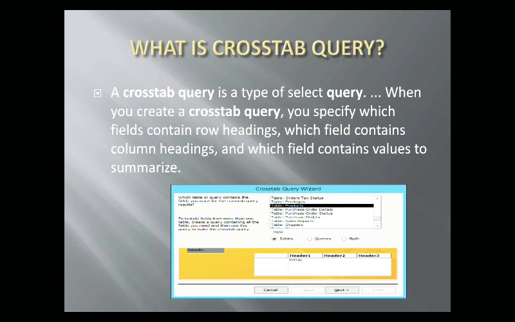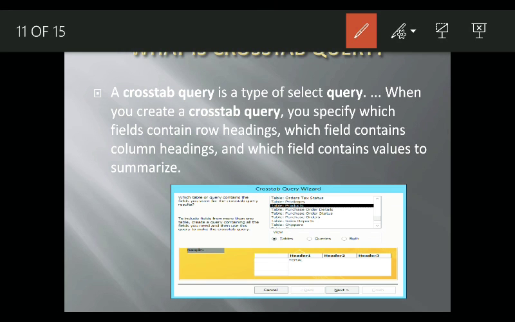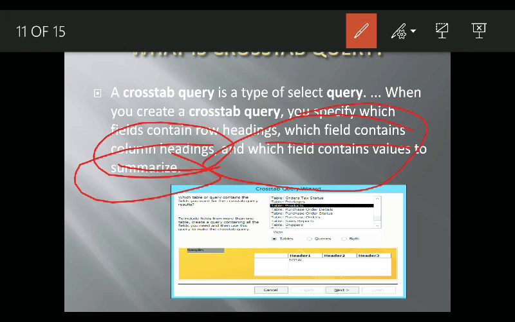What is a crosstab query? A crosstab query is a type of select query only. When you create a crosstab query, you specify which column heading and which field contains values to summarize. Okay class, just remember this: which field contains the column heading and which field contains the values to summarize. For example, out here I have selected from table product and total. I have selected heading. Okay class,